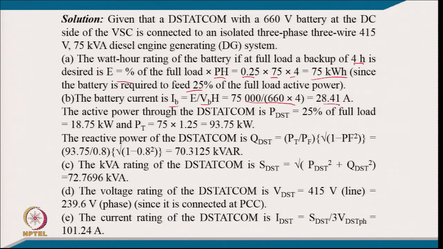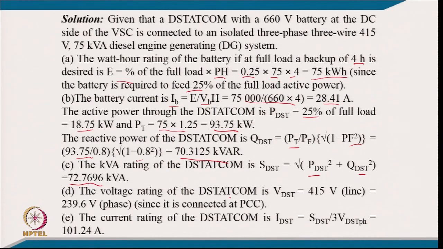So, from this we can find the battery current, 28.41 ampere, and the active power through the STATCOM will be 25% of the full load, that is 18.75 kilowatt, and PT is 75 into 1.25, so that is 93.75 kilowatt. The reactive power of the STATCOM required corresponds to the reactive power of the total power generated. So, for that kilowatt and the power factor of 0.8, how much will be the reactive power? That comes to 70.1225 kVAR, and the kVA rating of the STATCOM, from P and Q, we can find out, comes to around